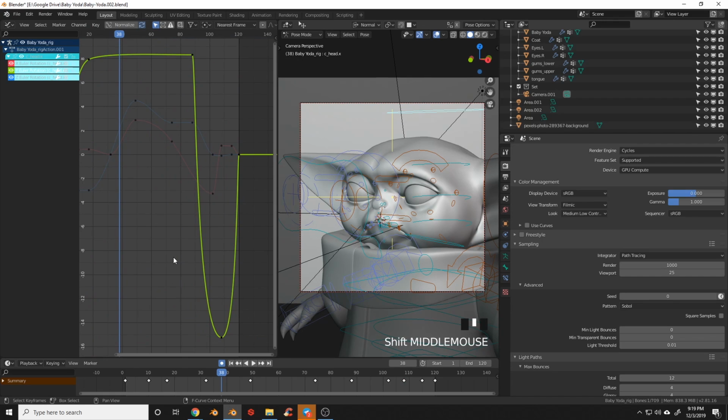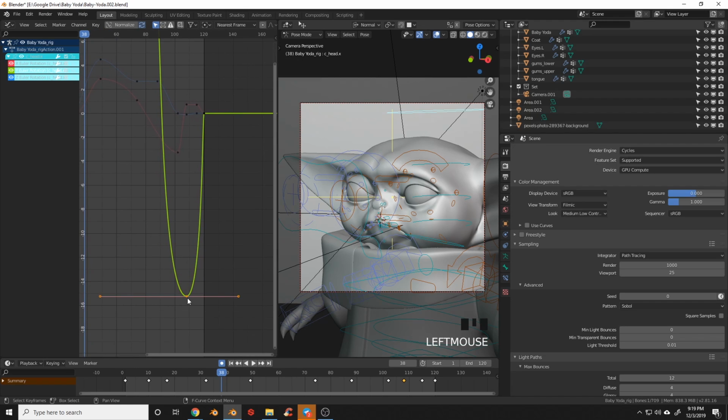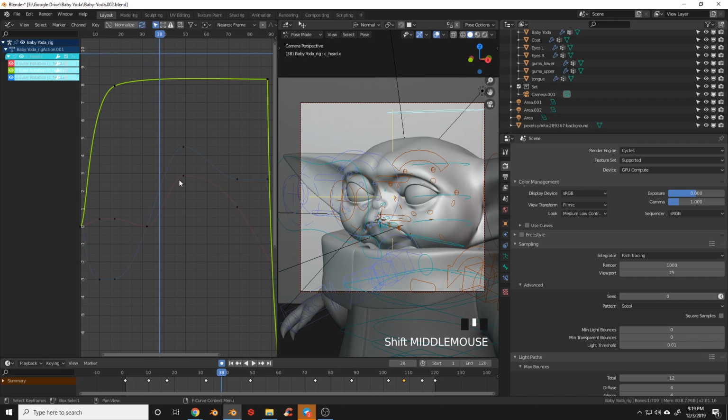So a lot of times I've noticed that beginner animators want to just add motion to everything. They don't want to let their character rest. So one way of resting is we can actually duplicate this keyframe and just give it a small pause there. Or what you can do is what I just did and scale it up, and it'll kind of come here and slow down before going back out. And that kind of helps give it a rest.